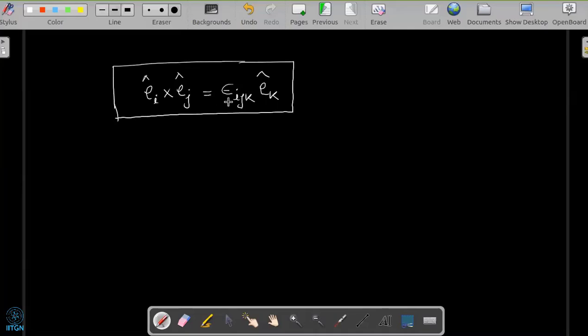Now this permutation symbol will handle plus or minus. If the order is an even permutation, then you will get the plus sign. If the order is an odd permutation, you will get the minus sign. If any two or more of the indices i, j, k are equal, then you will get 0. And this is the definition of the cross product of our base vectors. By writing this expression, we are expressing all the 9 expressions we have done earlier.